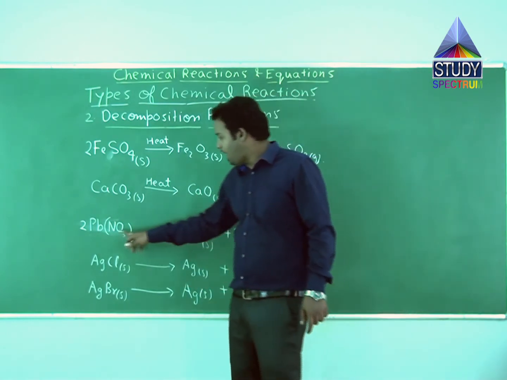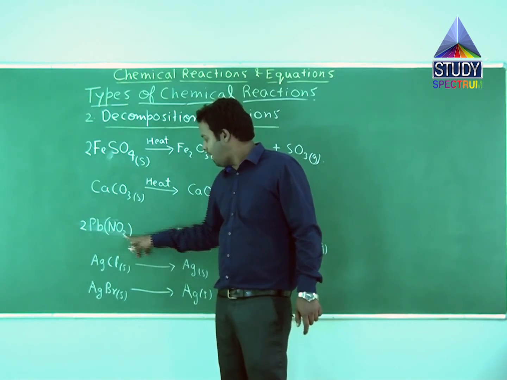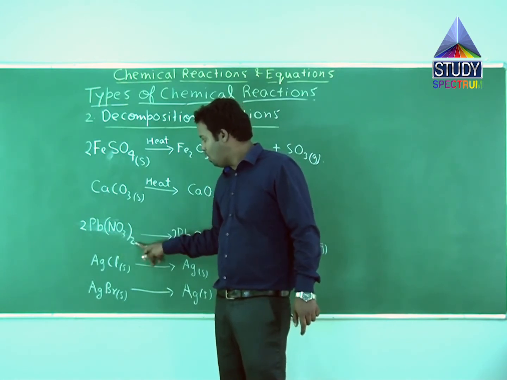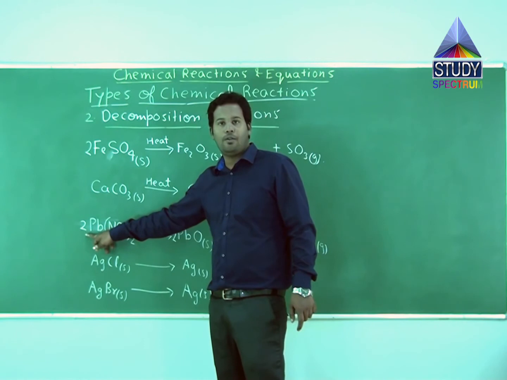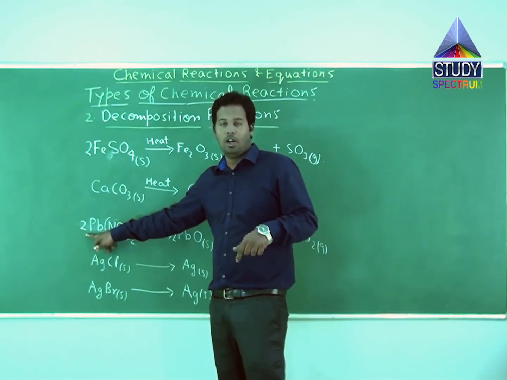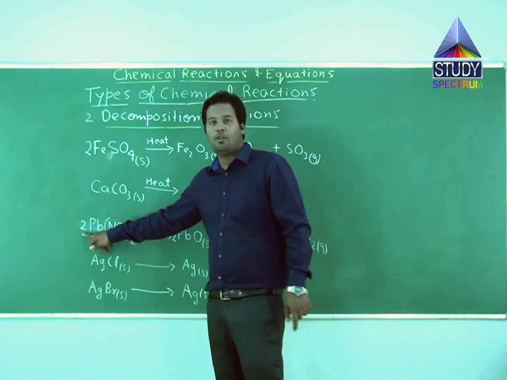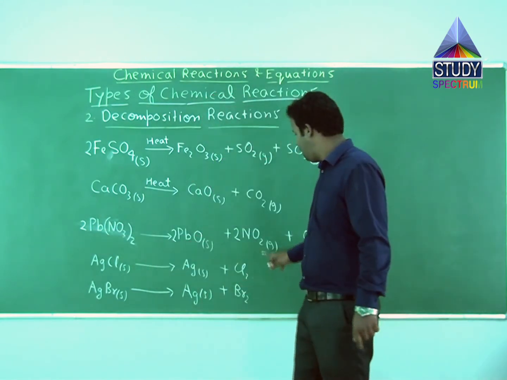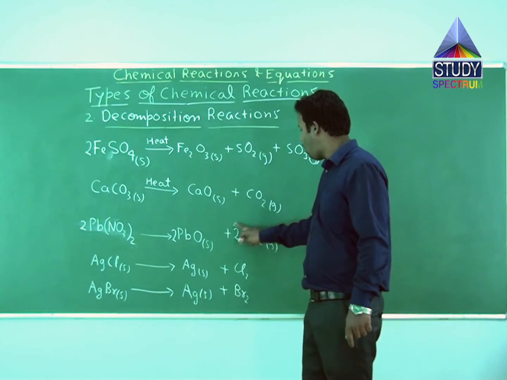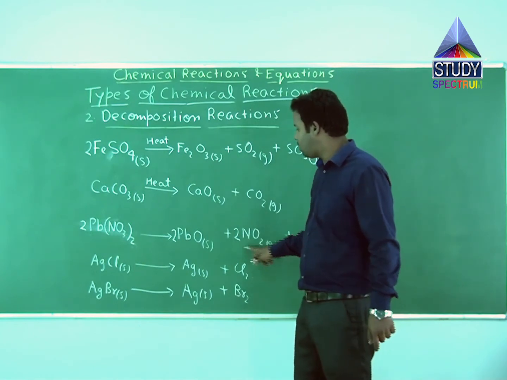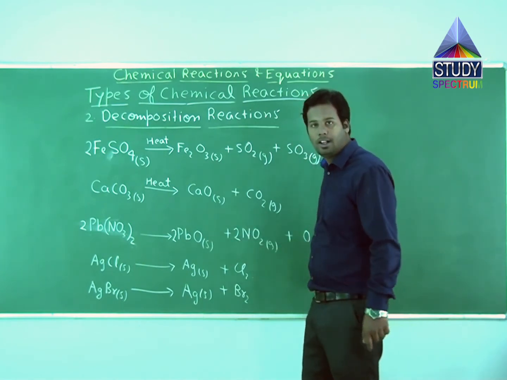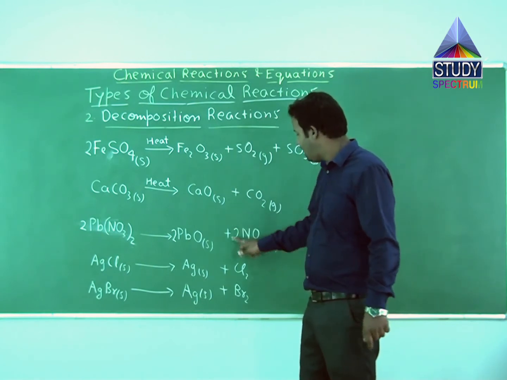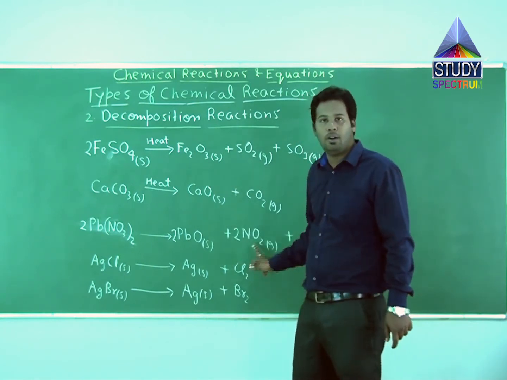Now if we talk about nitrogen, the suffix of nitrogen in this molecule is 2, whereas the stoichiometric coefficient of this reactant will now be 2. So the number of nitrogen atoms is 2 into 2, that is 4. Whereas if you see this second product, that only contains nitrogen, the first and the third product do not contain nitrogen. It means I have to again change the stoichiometric coefficient of NO2.